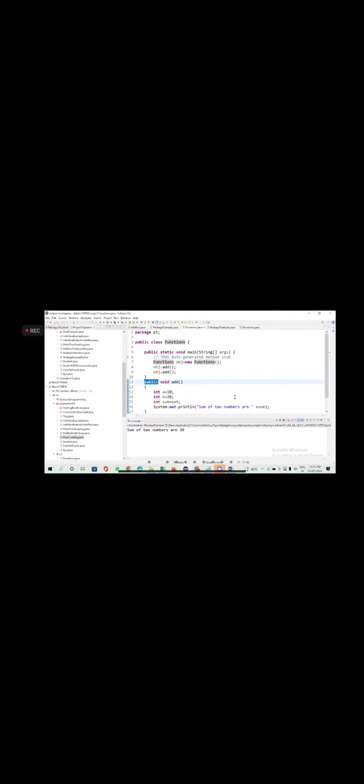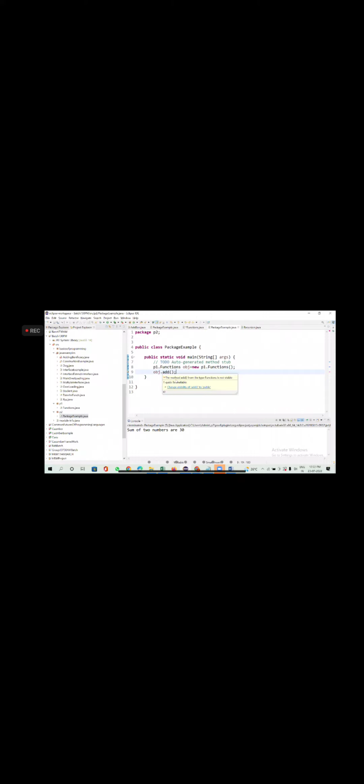Don't worry about it. Now this functions class is available in which package? Now let's say I remove this. Now what is this method? Default. What is the scope of this method now? If you don't give any access modifier, it's a default. What is the scope of default? Within the package. Now where am I trying to use this? I'm trying to use functions here. Let's take this simple example. See, it's not allowing me to call add.